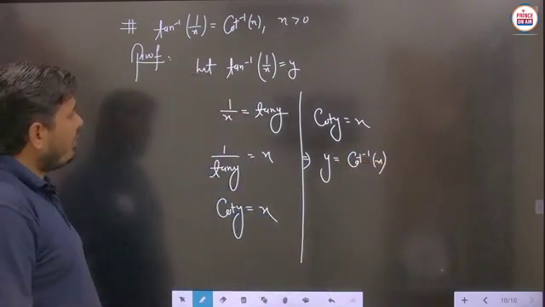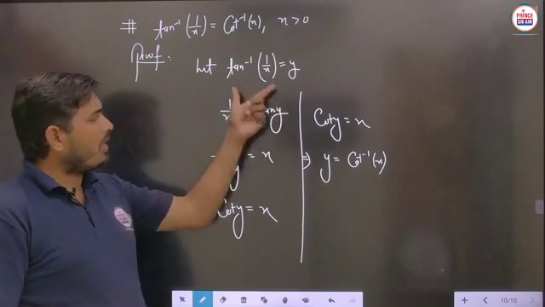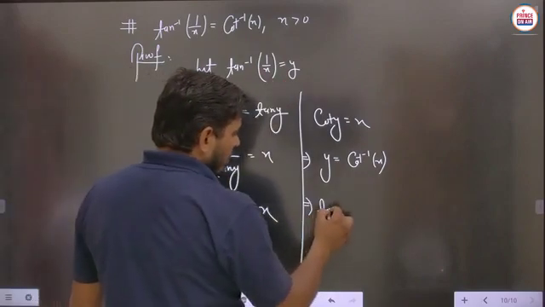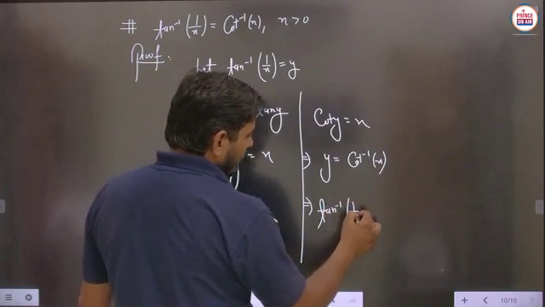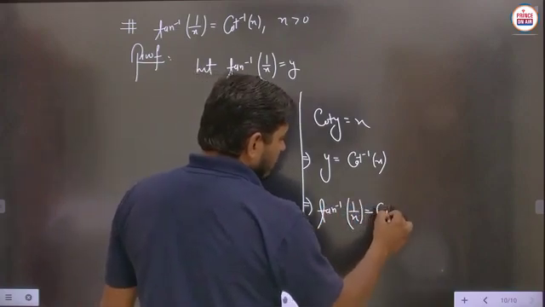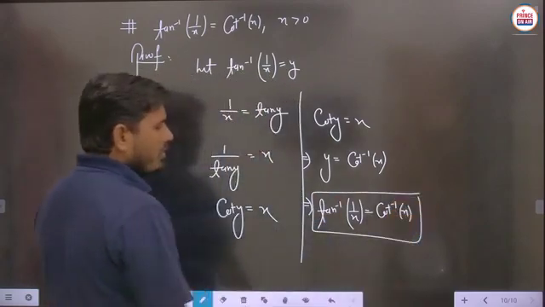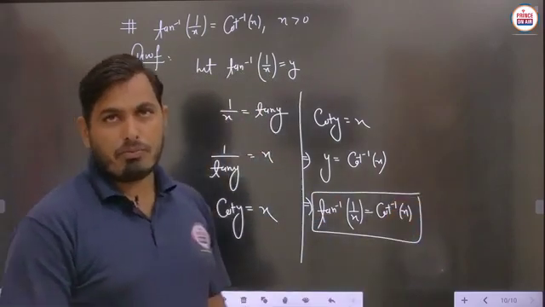Now you can put the value of y, and that should be written here as tan inverse of 1 upon x. So you can write the value of y as tan inverse of 1 upon x. So this will be written as cot inverse of x. In this way you can do the proof of each and every property, and these parts are to be used